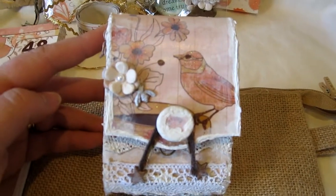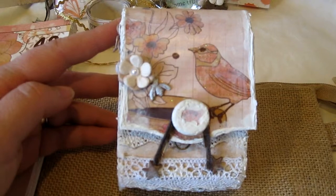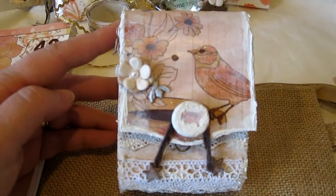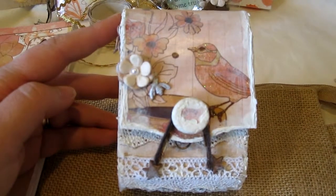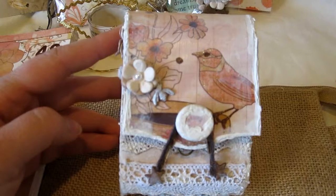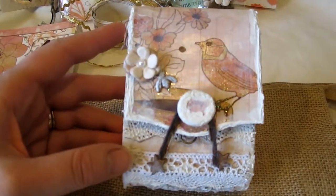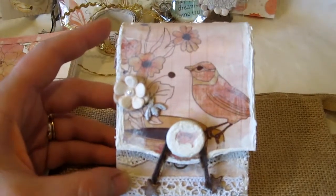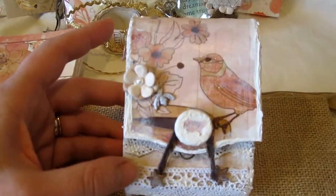I just wanted to share with you a balsa box that I recently altered for a swap that I'm doing at My Scrap Room Ning. Markeisha, if you are watching, you shouldn't be because I haven't mailed this yet. I'm going to mail it probably Tuesday or Wednesday of this week. But I took one of the Michael's balsa boxes, and let me just tell you a little bit about how